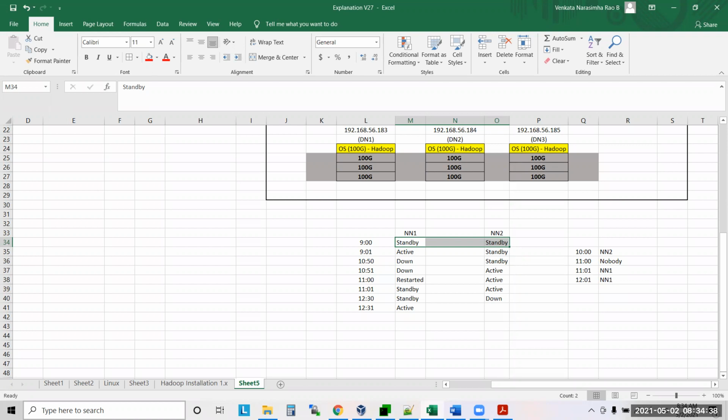So it means you will have to sit and continuously watch. Let's say at 12 o'clock at night the active name node is down. It is not possible for a Hadoop admin to sit and continuously watch. If you are on night shift and you sleep for some time, and that time the name node is down, it means the entire cluster is gone. So what do you need to do? We need to have some automatic mechanism, correct or not?